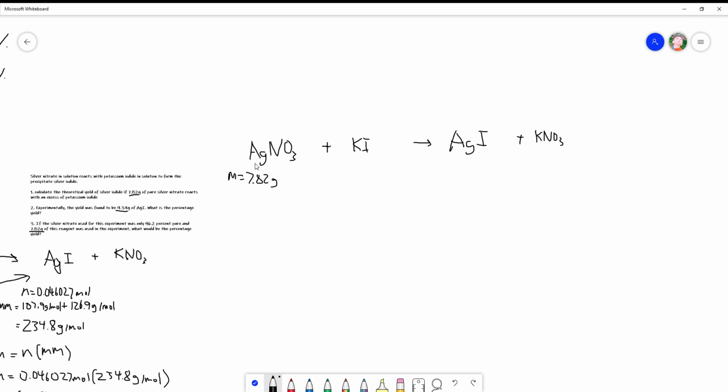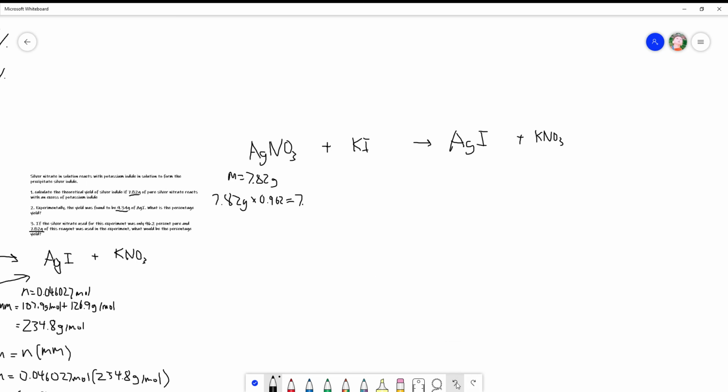the silver nitrate is 96.2% pure, we can calculate the total amount of pure silver nitrate. And we can do this by taking the mass, 7.82 grams, and multiplying it by the decimal form of this percentage, which is 0.962. And this gives us the total mass of silver nitrate that is pure. And this number comes to a total of 7.522